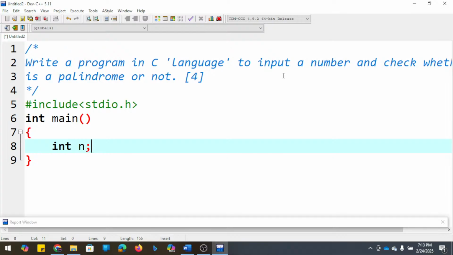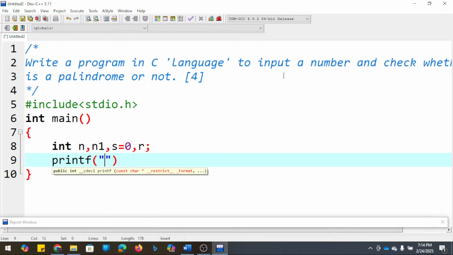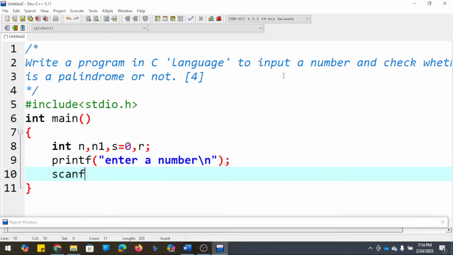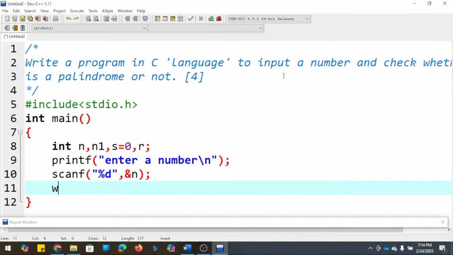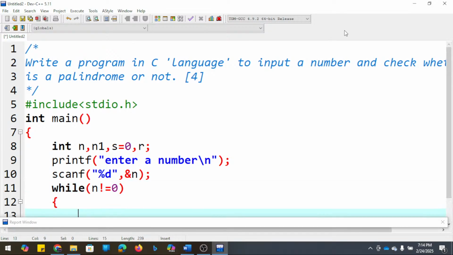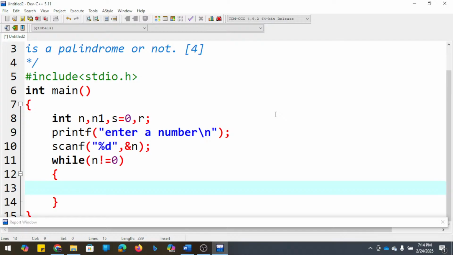Yes. First, we have to find the remainder.